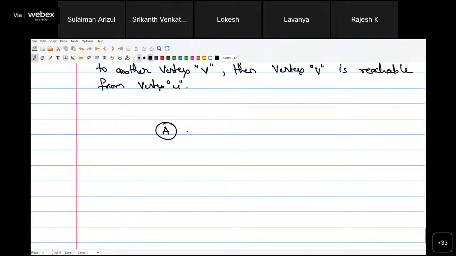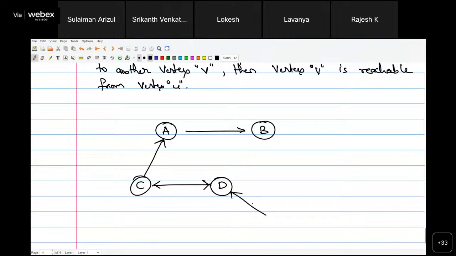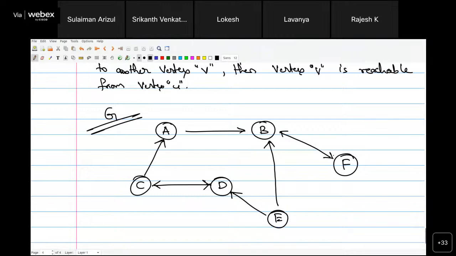Vertex A to B, and let me take C here, with a bidirectional edge, D, and E. I will come back here to B. Let me say this is the graph G, and I will use F, and this is bidirectional. So this is how the graph is,